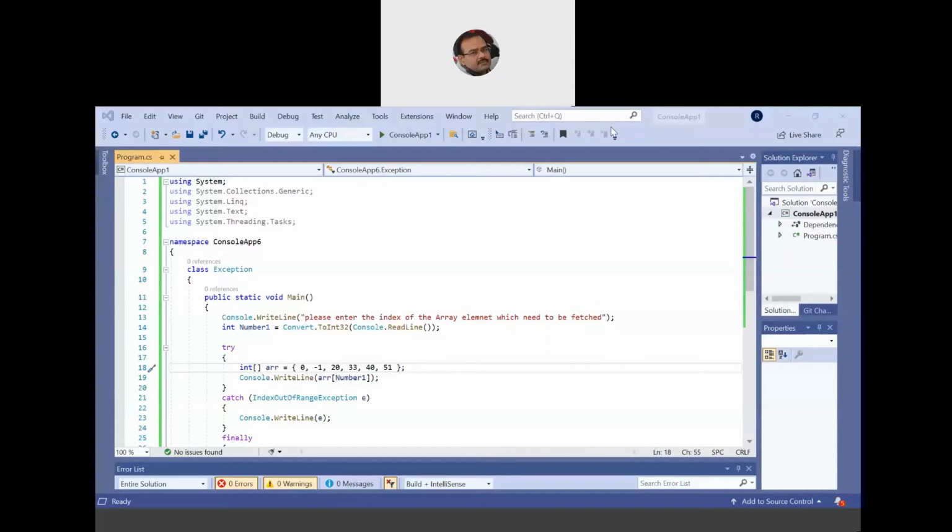And if at all I visualize that yes, my code can fall flat, it can collapse, it can break down, then I should provide a proper solution along with the problem. So what we normally do in exception handling, we write such vulnerable code in the try block. Try means just try it once. And if at all my code in the try block suffers a problem, immediately it will look out for a proper solution. So immediately after the closing curly braces of the try block, we write one or more than one catch block